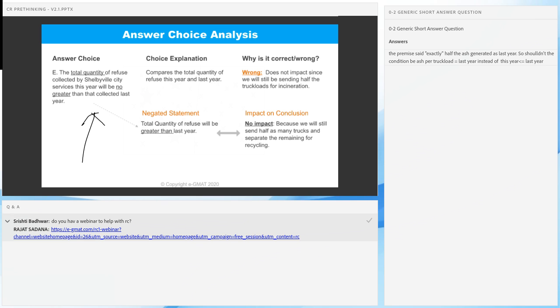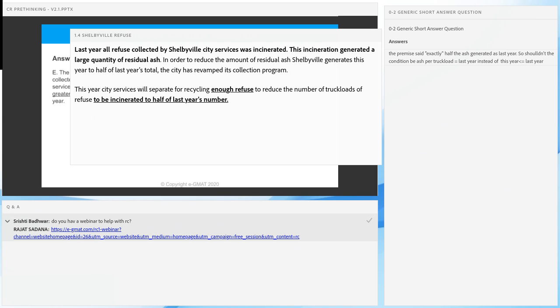Okay, let's look at the argument once again. So one of the things you've got to really look at is the spirit of the argument. The goal really is to reduce the amount of residual ash to half of last year's total. Okay, and for that to be true, remember,